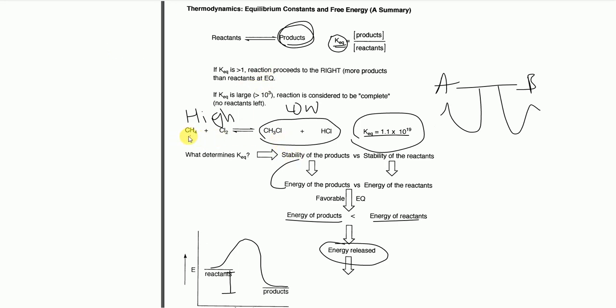We broke the bond between Cl2 and between the carbon and the hydrogen, right? We had that CH3 and the hydrogen, and I had the Cl2, and I broke those bonds and formed these new bonds. These new bonds are lower; they required less energy to make than the old bonds gave off. Okay,